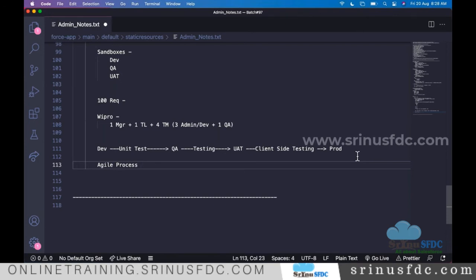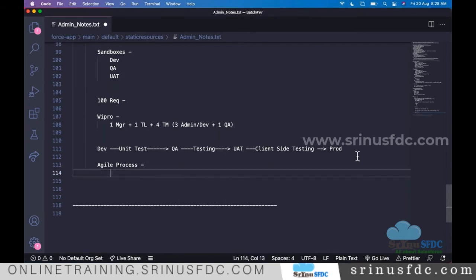As part of it, instead of delivering all 100 requirements at a time, they divide the work into different sprints and plan for multiple releases. Let's say first release 5 requirements, second release 5 requirements. Like that they plan and deliver. That's the process most companies follow nowadays, right?